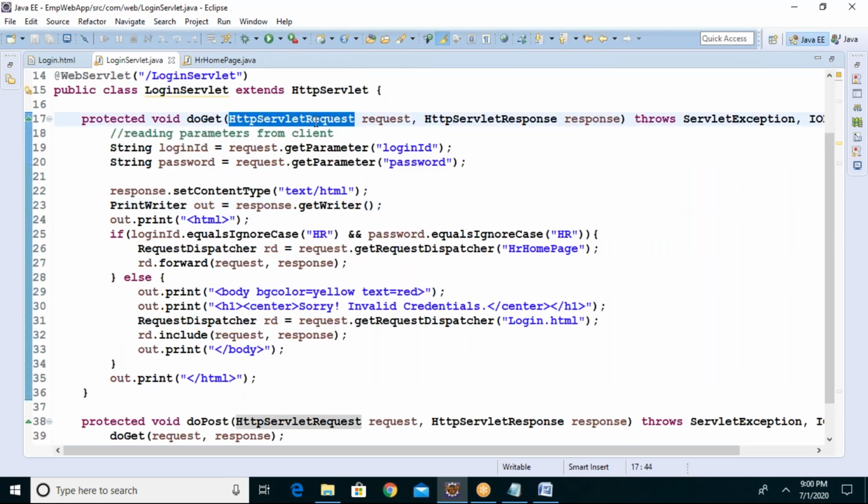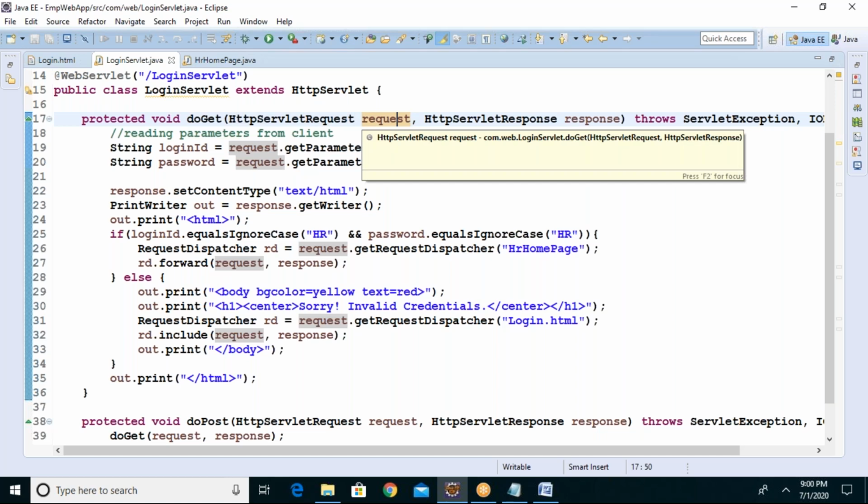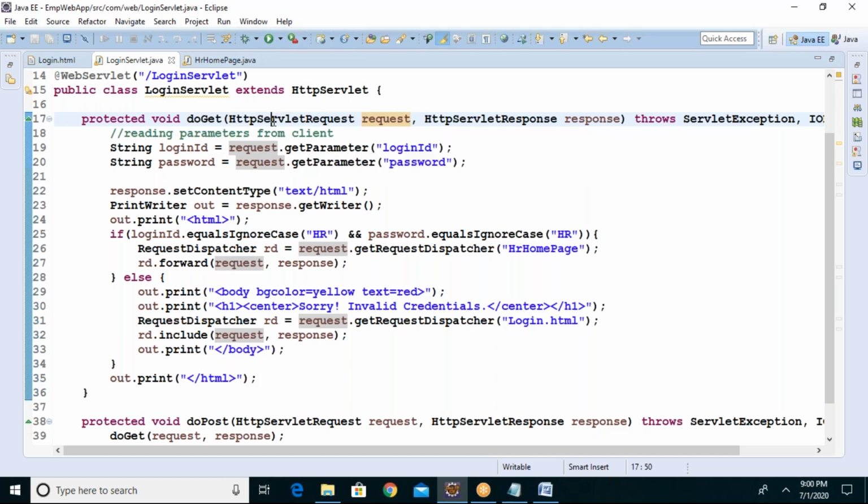Why are we not using generic servlet? Generic servlet can receive any type of protocol: HTTP, FTP, SMTP, any protocol. But when you are dealing with HTTP, rather than going with generic, we can go with a specific HTTP servlet, so that you can save unnecessary memory.